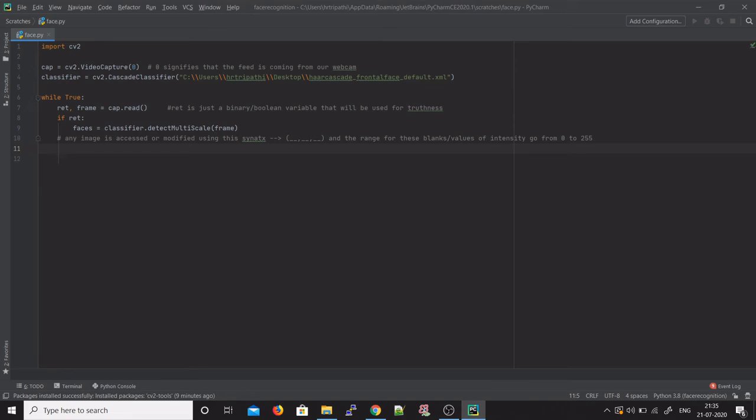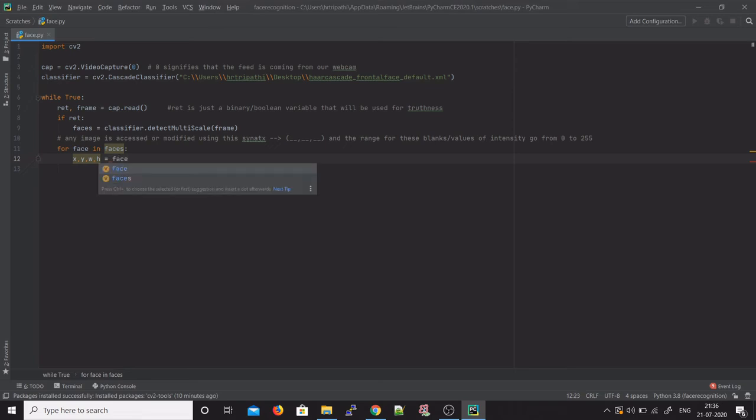Next up, we're going to be detecting all our faces, right? So we've got a list of faces in one particular frame. Now we're going to be processing those faces, so I'll be looping here. So for face in faces, this is the Python syntax of any loop. So for face, your variable, in your list, and I'm going to be defining 4 variables x, y, w and h as face. So this is basically 4 coordinates.